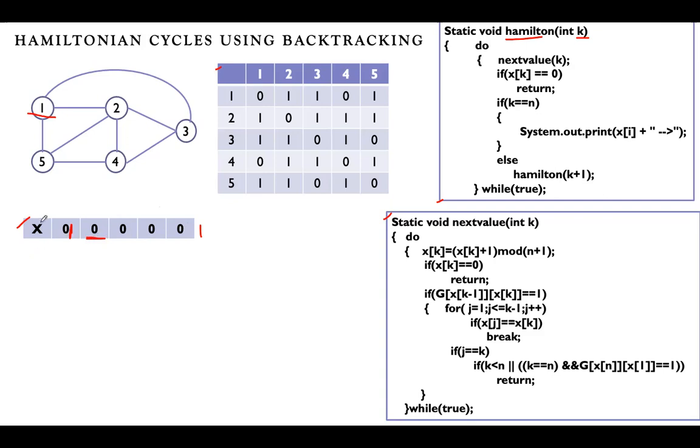Okay, there is an array X. X is an array. It will store the values of all the vertices that may generate the cycle. So the first value is 1 and k is equal to 2. We'll be calling the Hamilton function. In the lab program also it proceeds in a similar way. Is it clear? I will call the Hamilton function once I read this adjacency matrix. Once I read the starting vertex, I will call this Hamilton function by passing the value 2, k is equal to 2.